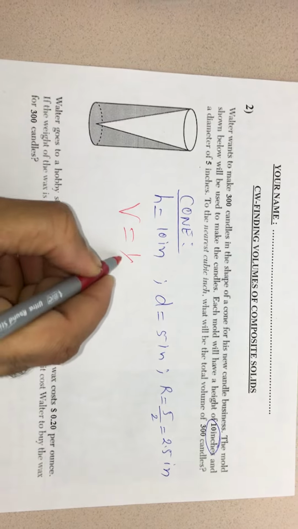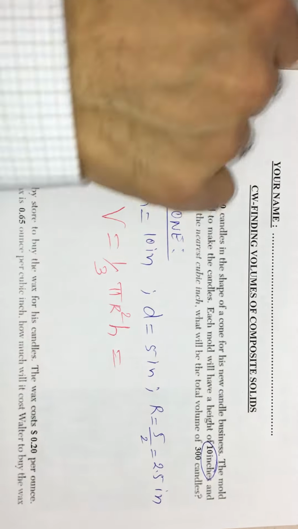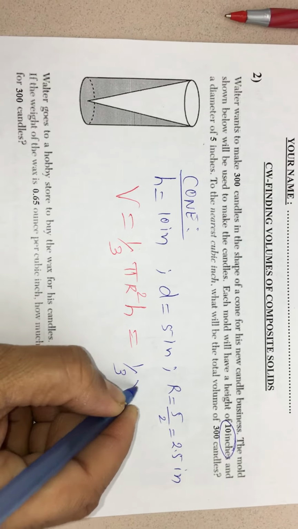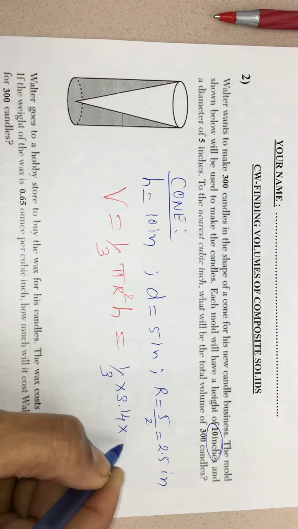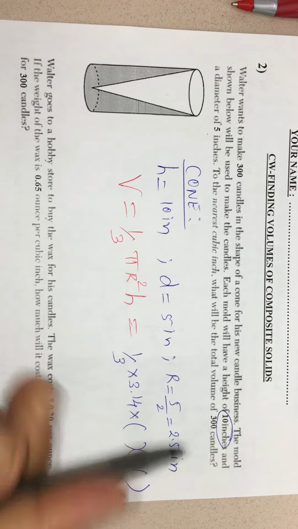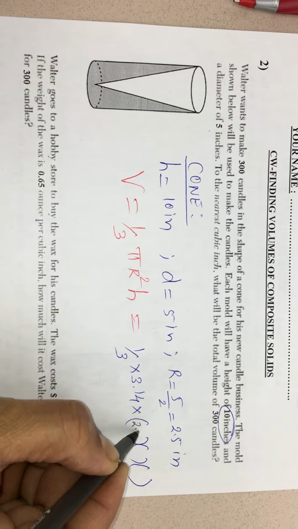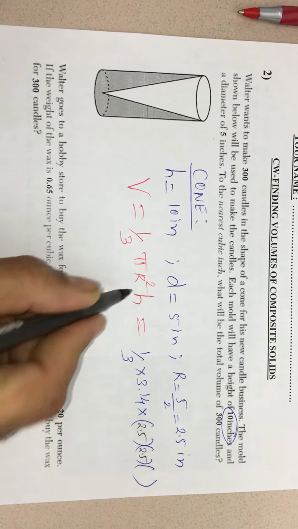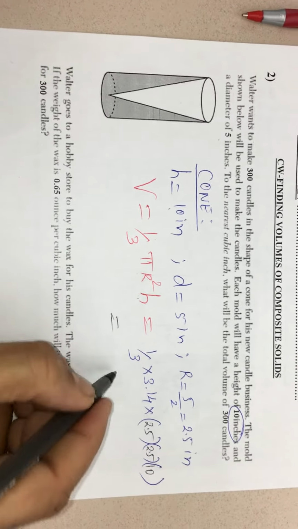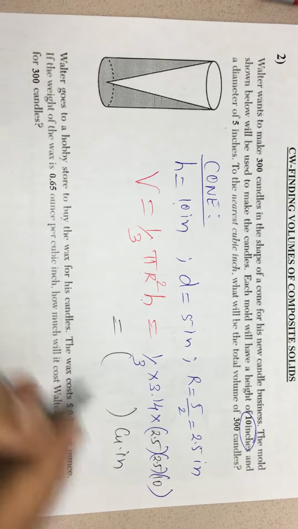And afterwards, I have to write the formula for the volume. Volume is 1/3 pi r squared times h. So if I substitute all these values, pi as 3.14, radius times radius and times height, I substitute radius as 2.5 here and 2.5 here, and h value as 10. On the calculator, you will get some cubic inches. This part you have to do using a calculator.